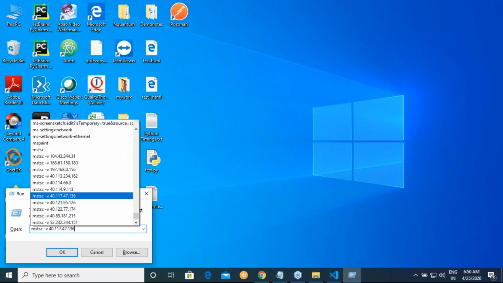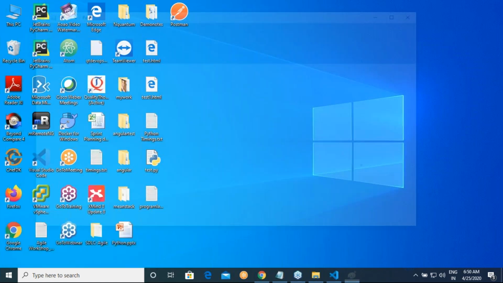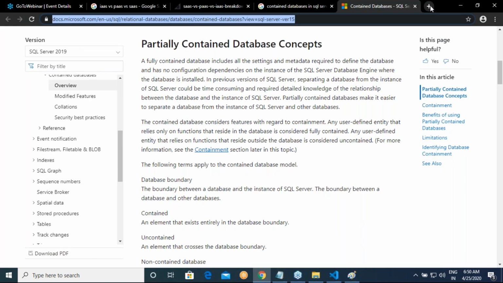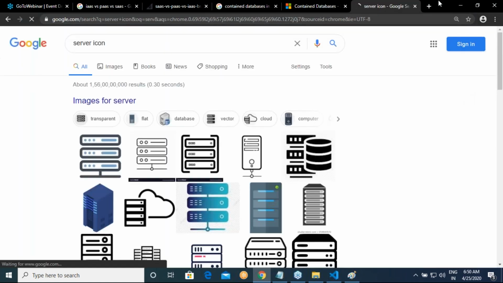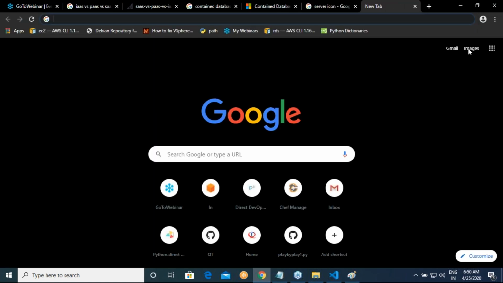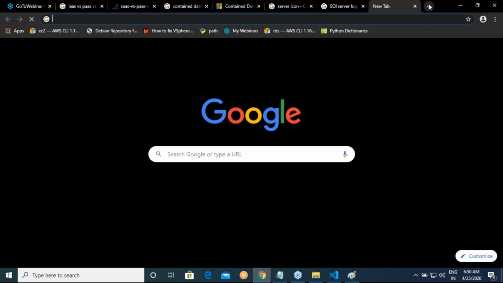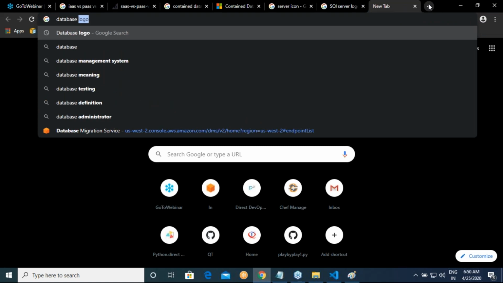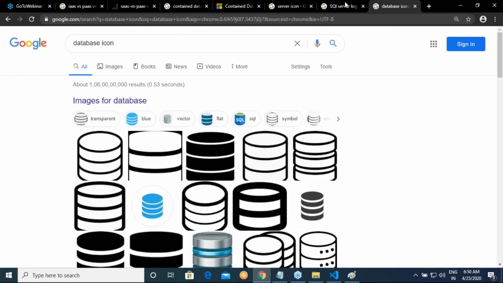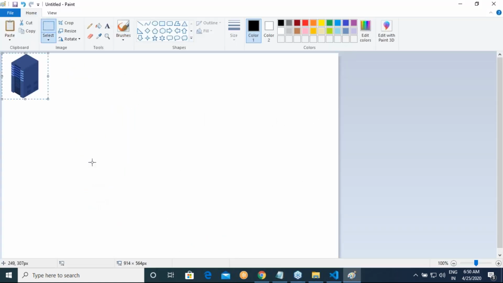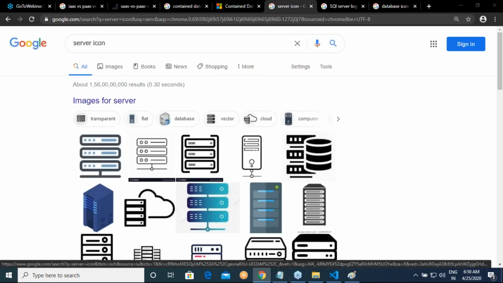Now let me give you a diagrammatic perspective of what these things are. Server icon, SQL Server logo. So you have a single server.